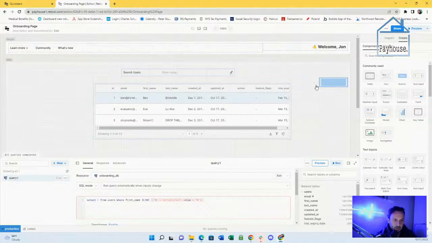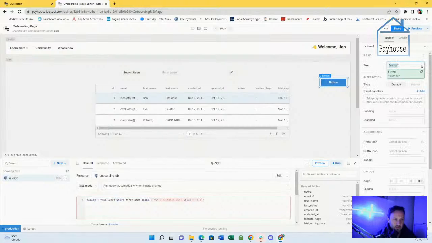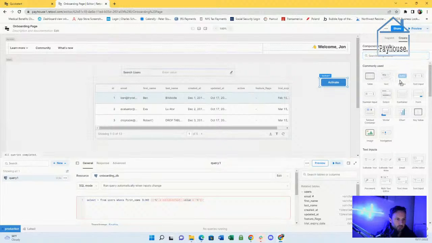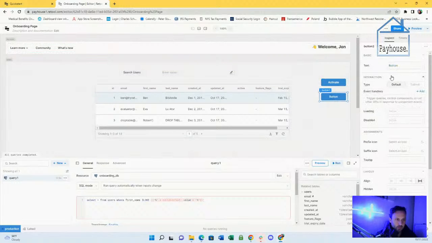Let's add this, and we'll change the text to activate. And we'll change this one to deactivate.